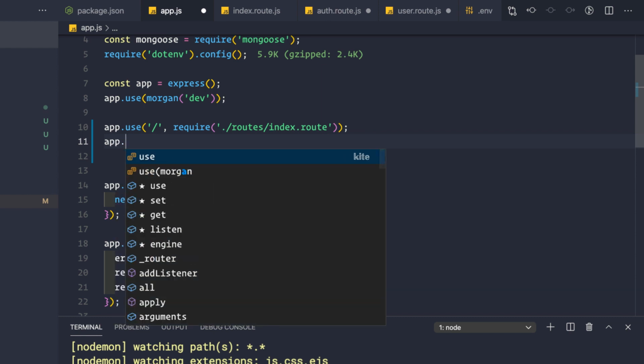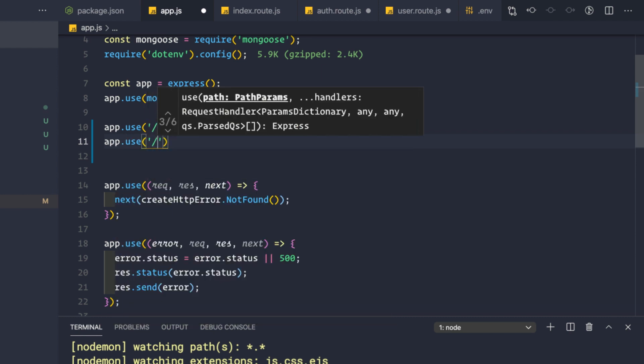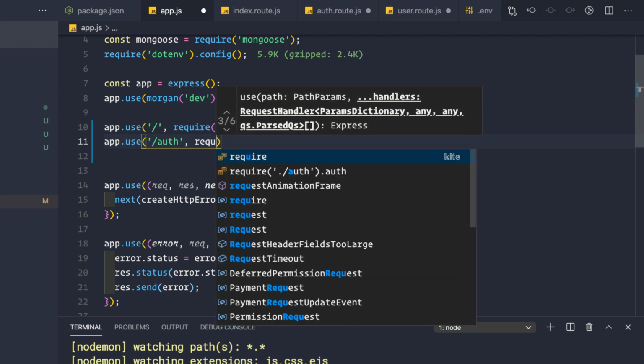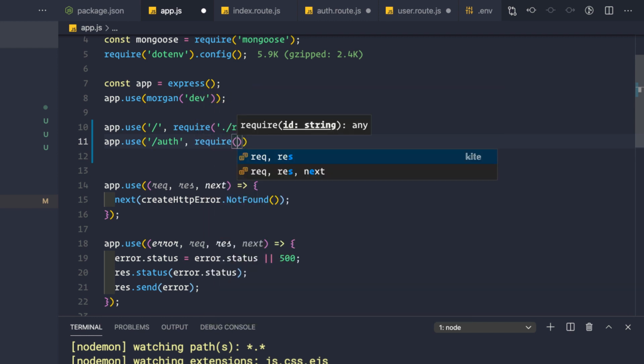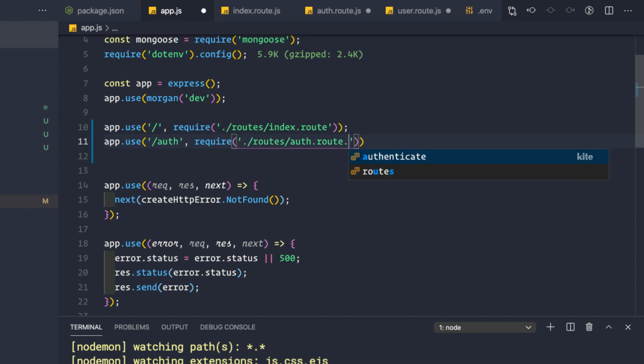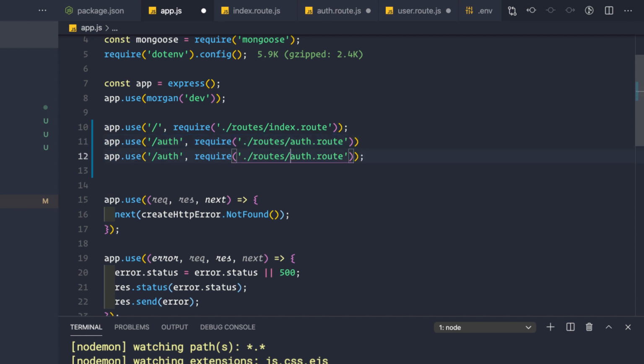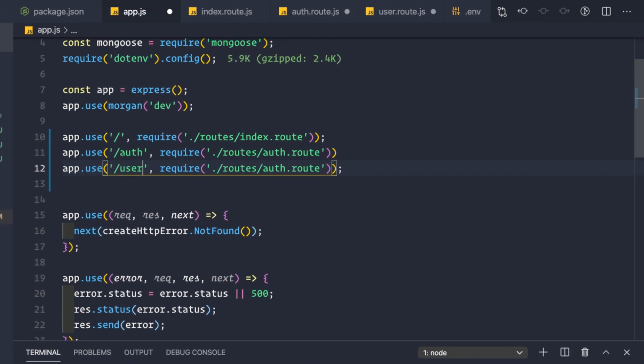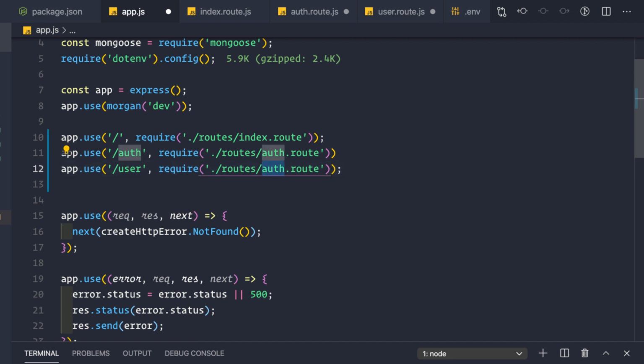And now we should say app.use again, /auth, and then we should require that thing here, that is require ./routes/auth.route, not auth.route.j, like this. Let me copy this from here, let me paste it here, and let me change auth to user, and this should be user.route, like this.